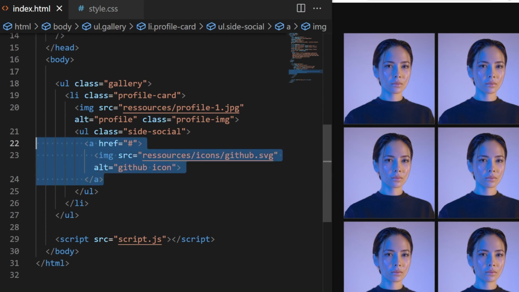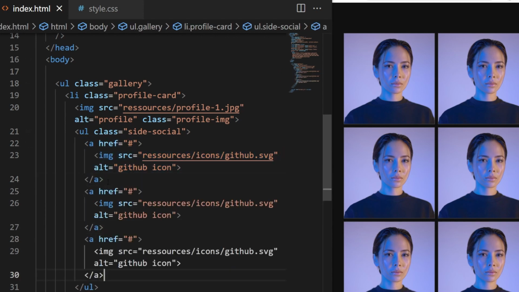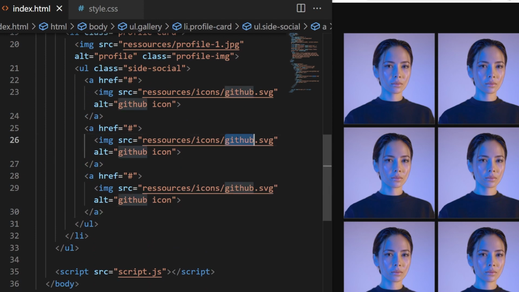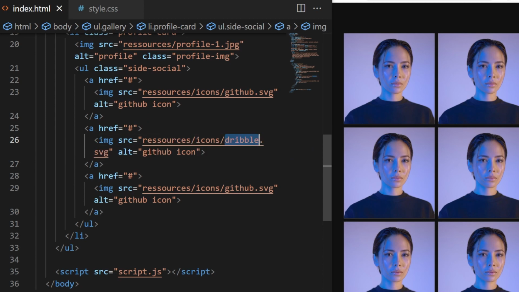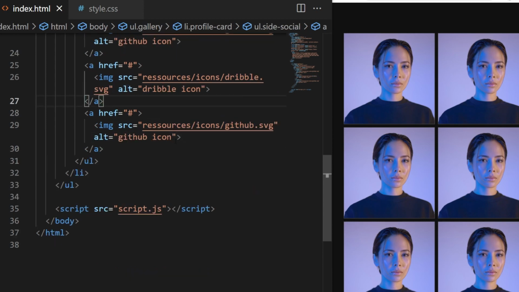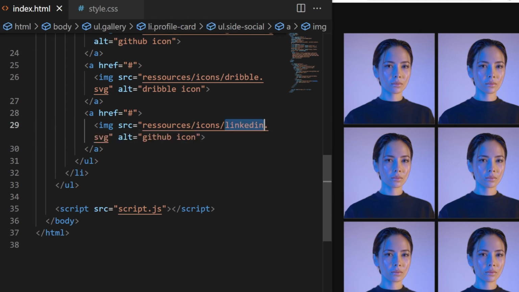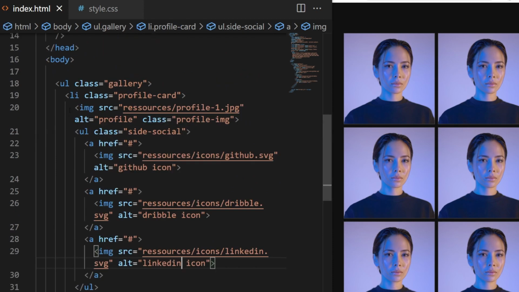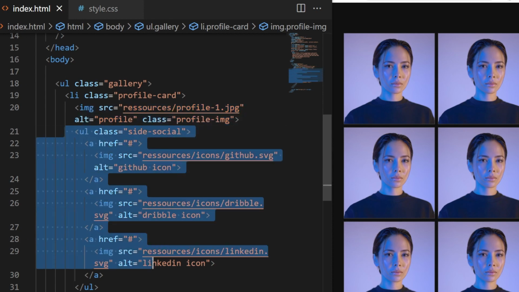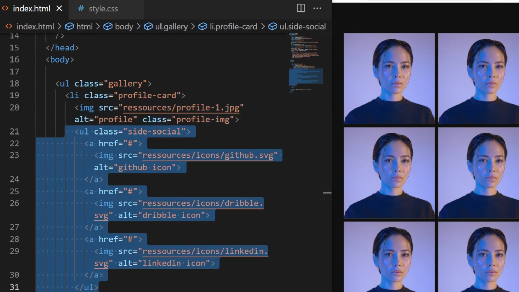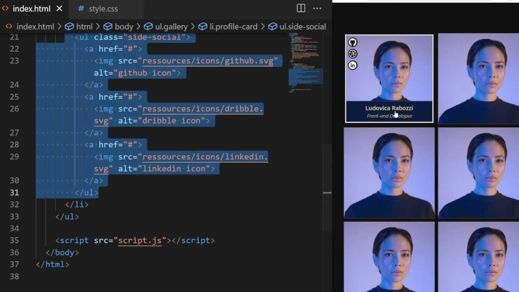Great. So you just need to copy it and paste it 2 times. Okay. And right there, you will just change GitHub to Dribbble, which is a design website, and LinkedIn. Okay. Great. So we do have our image, our side-social right there, and we can create the information